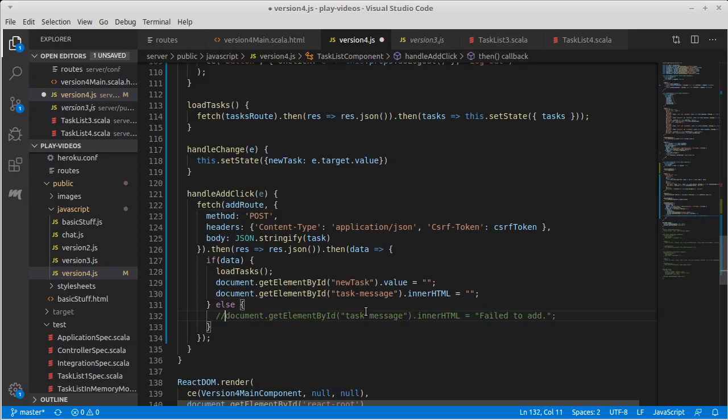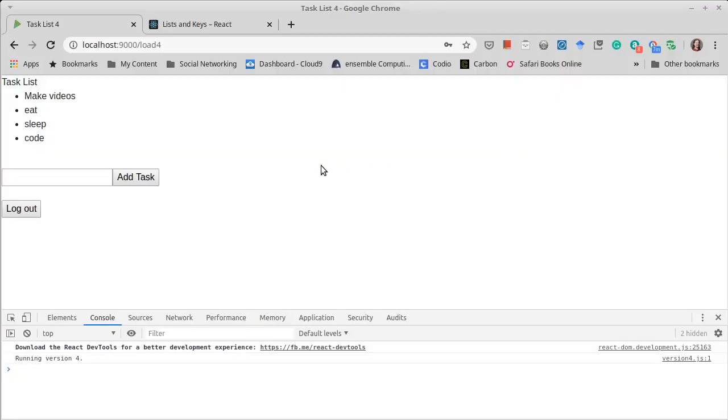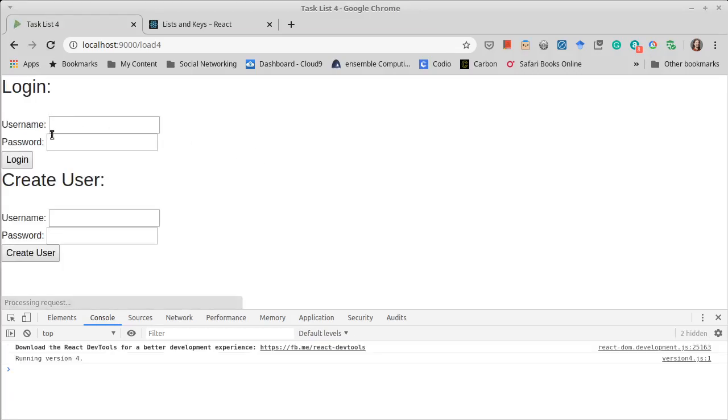I'm going to go ahead and just comment out the handling of those two values and leave the load task. We already have a loadTask up here, and the loadTask follows the task route and sets the state to the new task. It will be interesting to see if this works, and we haven't really done much to add functionality. So we refresh, we log in,